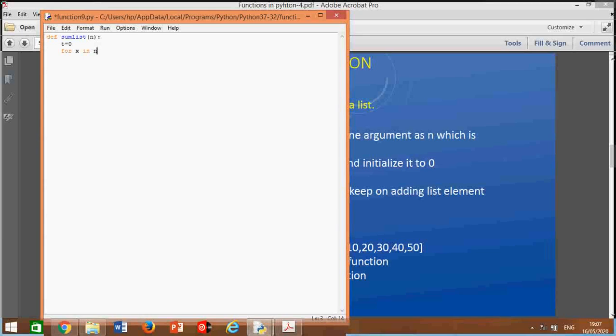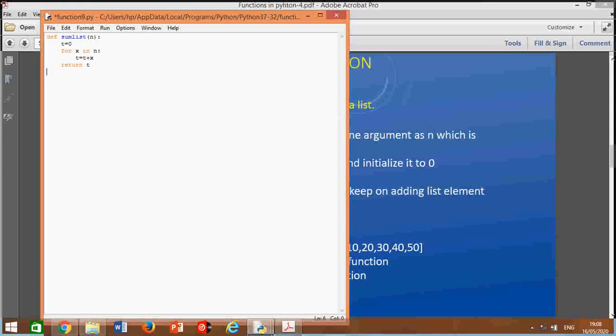Then we say t equal to t plus x. x will be added to t. When we come out from the for loop it will have found the total, and we return the value of t.